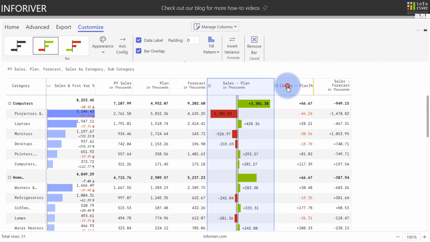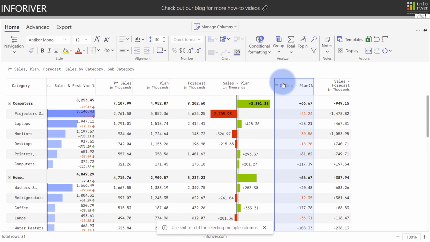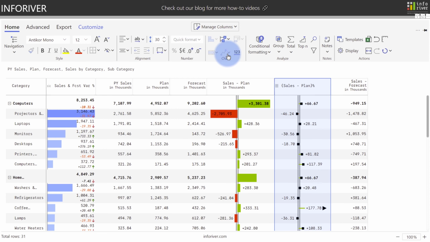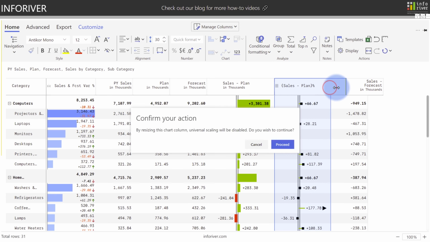And when you're working with percentage values, such as sales minus plan percentage, those work really well with lollipops. And you can see that that is the only option actually given to display as a chart type for this one. So I'll select that, and again, select a variance. And in this case, the lollipops aren't quite big enough, so I can again come over here and choose to resize it. And it'll give you a prompt saying that universal scaling will be disabled, so let's go ahead and